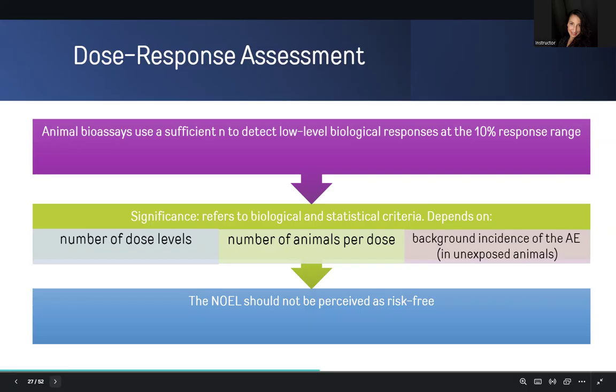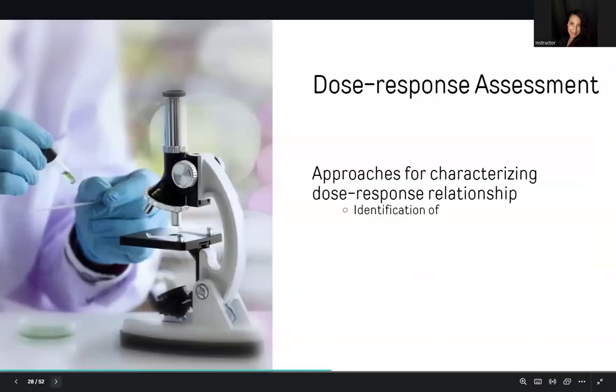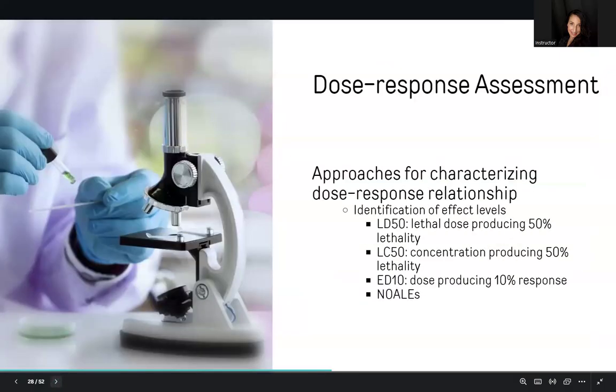As was previously described, approaches for characterizing dose-response relationships include identification of effect levels such as the LD50 or the dose that produces 50% lethality, the LC50, which is the concentration producing 50% lethality, and the ED10, which is the dose producing a 10% response, in addition to the NOELs, NOAELs. So NOELs traditionally have served as the basis for risk assessment calculations, such as reference doses and acceptable daily intake